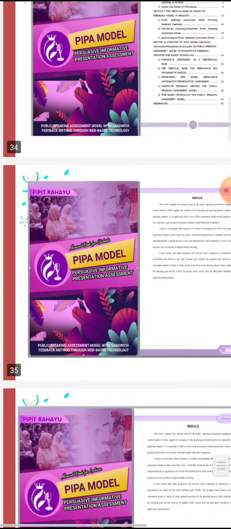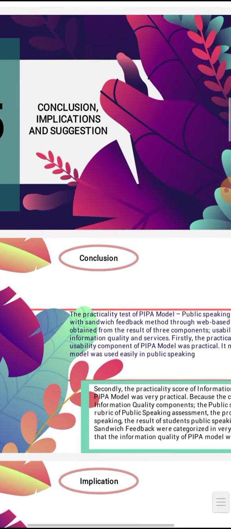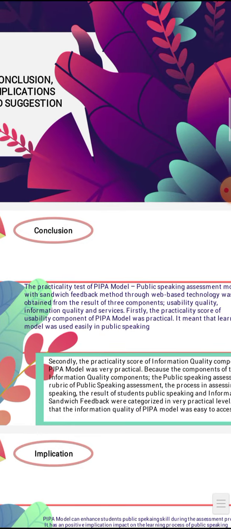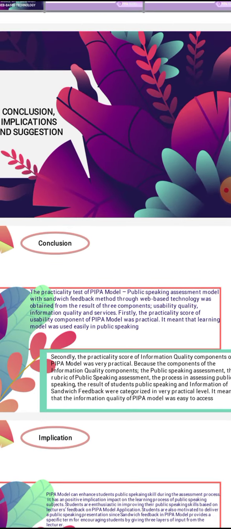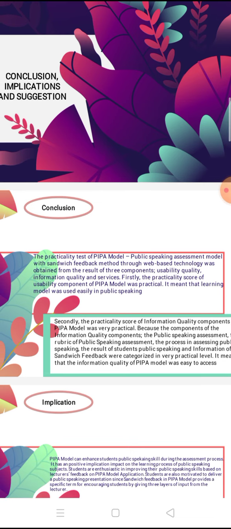So this data shows the practicality test of the PIPA model, public speaking assessment model with sandwich feedback method through web-based technology, obtained from the results of three components: usability quality, information quality, and service quality. First, the practicality score of the usability component of the PIPA model was practical. It means that the learning model was used easily in public speaking.